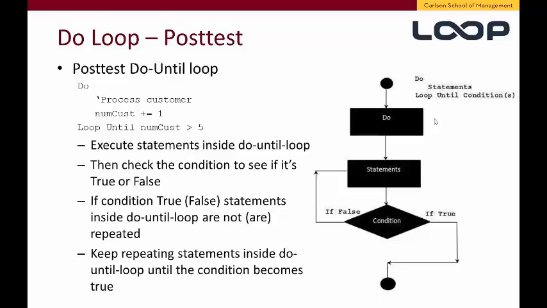A variation of the do while loop is to test the loop condition after the first pass through the loop has been made. That assures us that at least one pass will be made through the loop, and the condition for do until loop is typically a reversed one when compared to do while loop. You execute the statements within the loop until a condition becomes true, which assumes that it was false to begin with. We keep processing customers until we have finished with the 5th one, after which the condition becomes true and